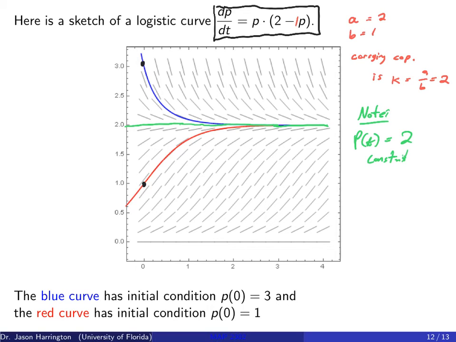not only satisfies it, but you can also see that it is a solution. So 0, which is down here, and 2 are solutions. So if your population is already at the carrying capacity, then it will neither grow nor decay. It just is constant. If your population is at 0, well, there's no growth or decay. It's just 0. So anytime you're off of that a little bit, for example, if I'm just off of it a little bit, then you'll see that the curve will grow. Otherwise, it's not.